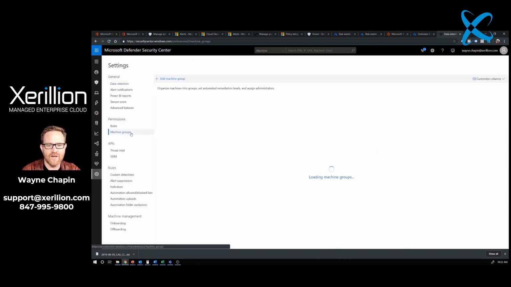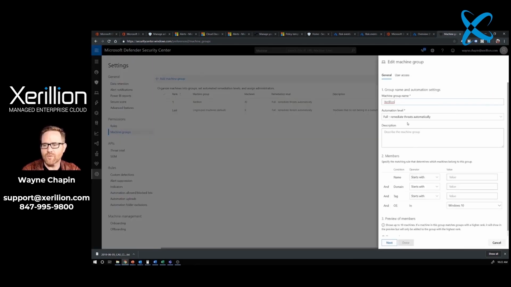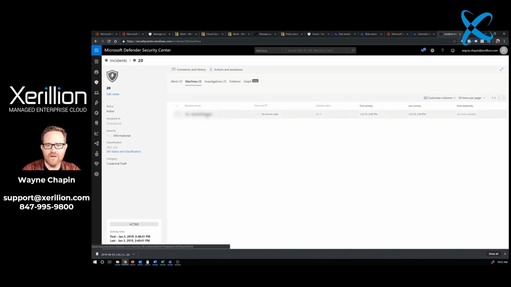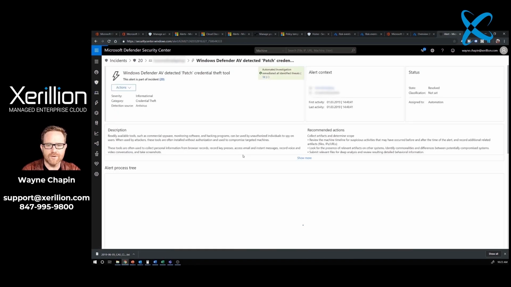If I click here, I go to machine groups, which I've created here. I have now told it for Zerillion computers, go ahead, fully remediate threats automatically, whereas it used to be set to require approval. But inside that incident, I also want to show you something else that's really neat. I can click on machines, and I can open up the machine page for this user. I can click on the alert, and then I can click on the process that was running that created the alert, and I can see over